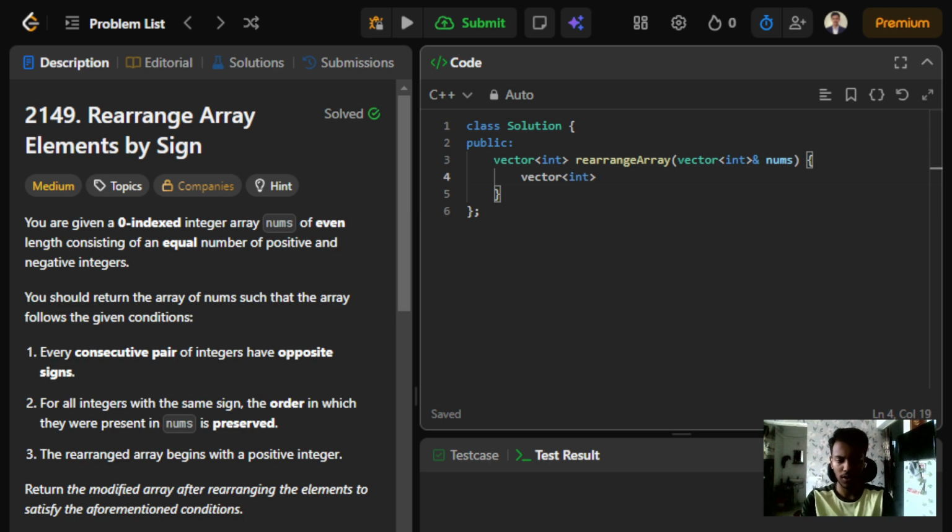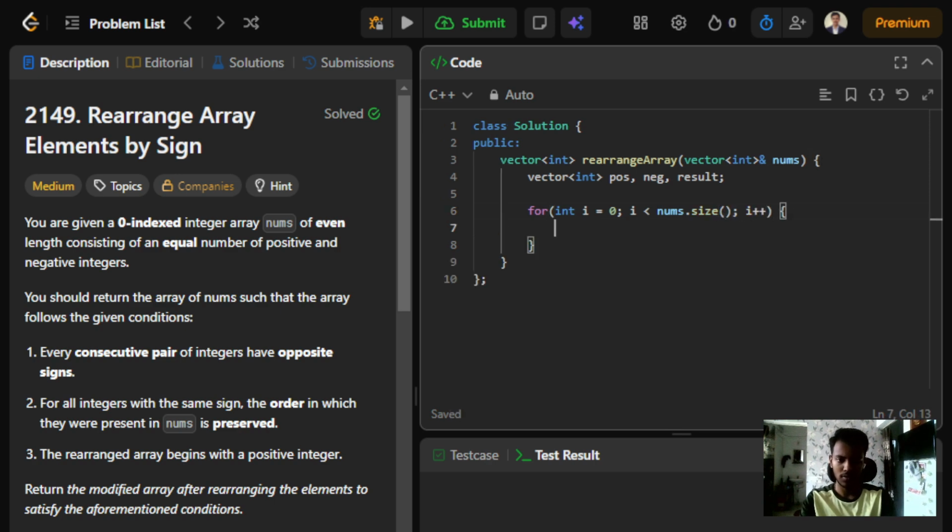Vector integer, we'll create three vectors. One will be positive, one will be negative, and another one will be the result vector. And then I'll iterate: I less than nums dot size, I plus plus, and what we'll do is, if my nums of I is greater than 0,